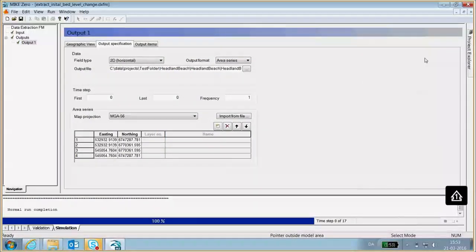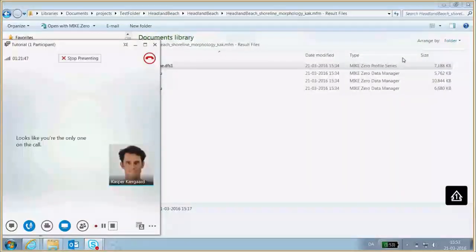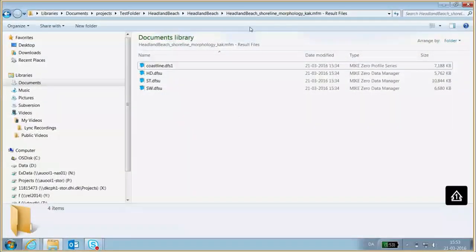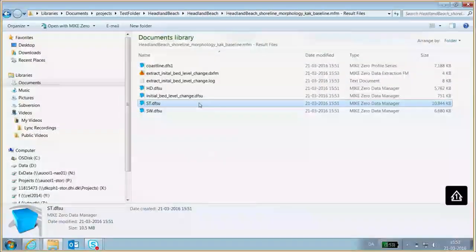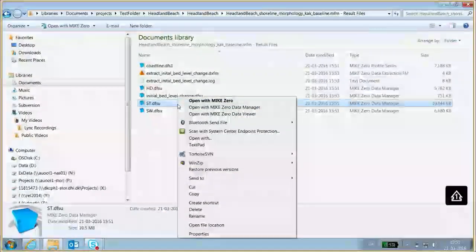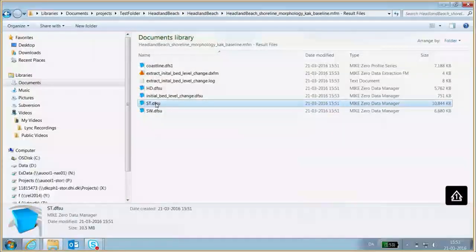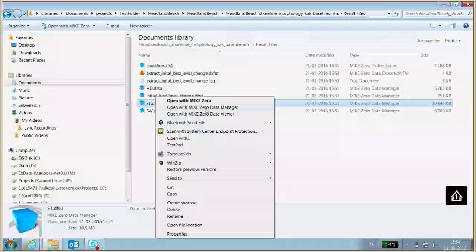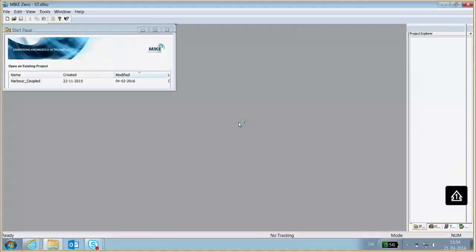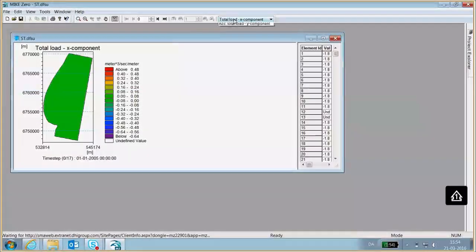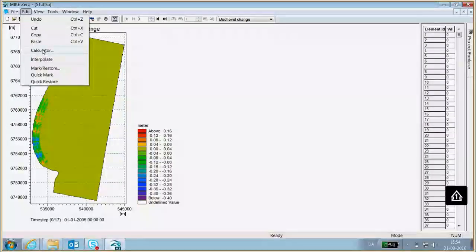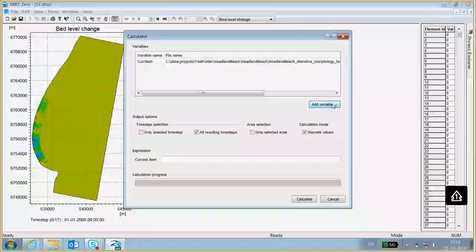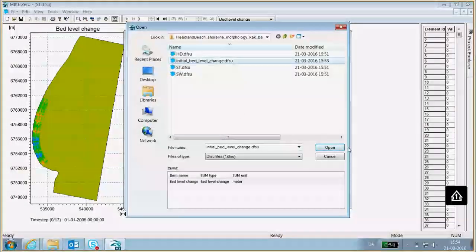Great. And now we can open our sand transport in the data manager. So simply right click on it, open with data manager. And if we then select our bed level change, we can then use the calculator feature here. So edit calculator, add variable, initial bed level change.